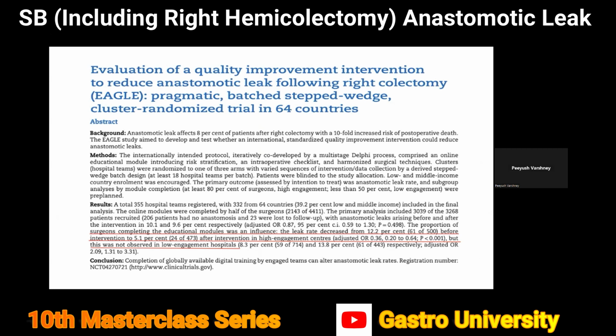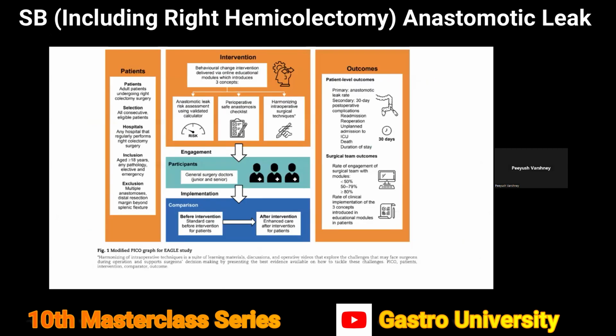This is a study recently published in the British Journal of Surgery in January, and it has been very popular, with almost more than 50,000 views, 15,000 views in the last 3 months. So what they did was they took surgeons from low volume centers from middle and low income countries and gave them strategic, step by step modules to educate them and inform them about the techniques of